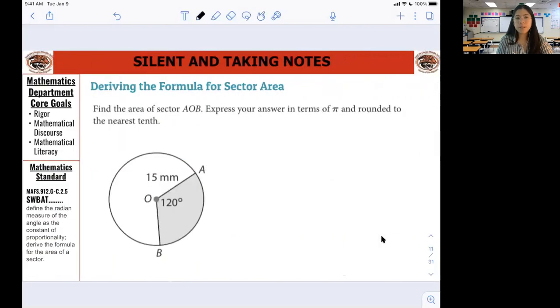Next question. Okay, now we're doing area. So we just did a lot of sectors, sector length. Now we're doing area. But we're going to do a very similar thing. So with this question, let's start by doing it as a proportion, and then we'll switch over and turn it into a formula. So as a proportion, what would I write? Using a proportion, how do I set this up? 120 over 360